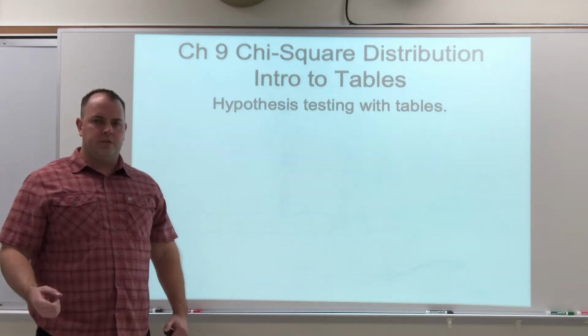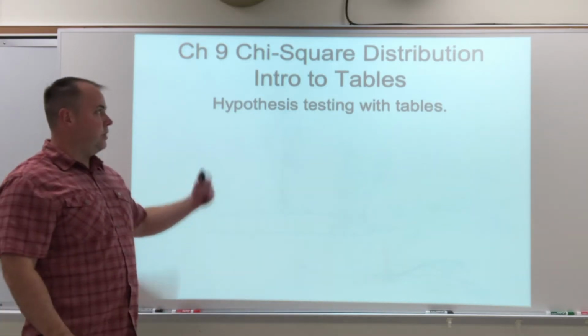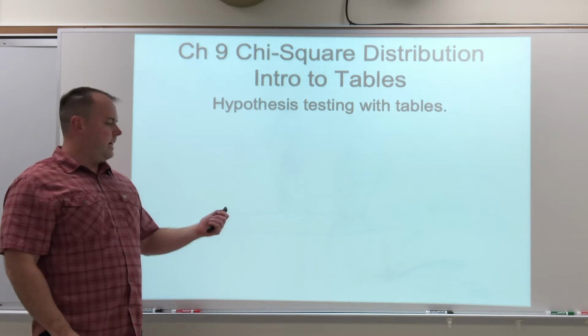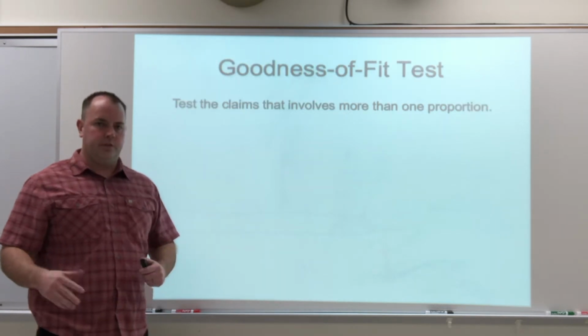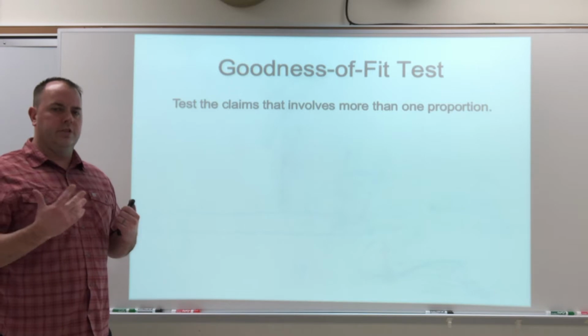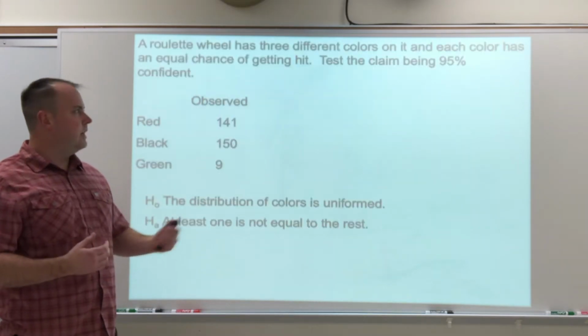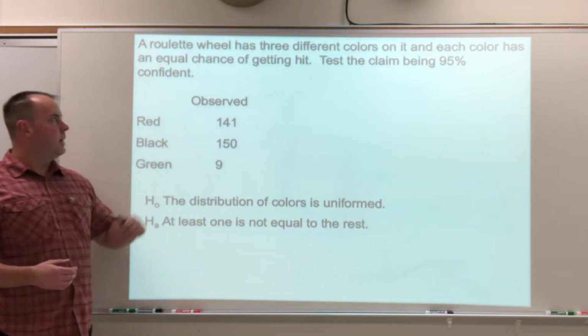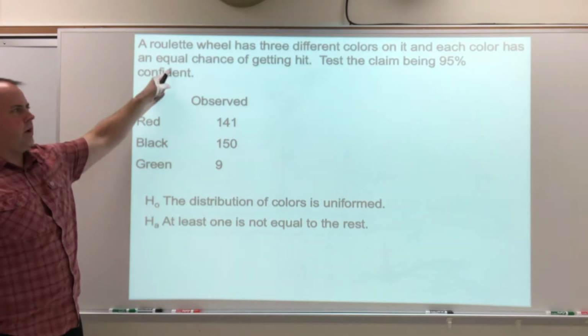Okay, back for one more example of the goodness of fit test. We're still dealing with the chi-square distribution, and we did one example of goodness of fit in my last video, and it was a uniform distribution. Okay? We looked at the colors of a roulette wheel, and the key here was each one had an equal